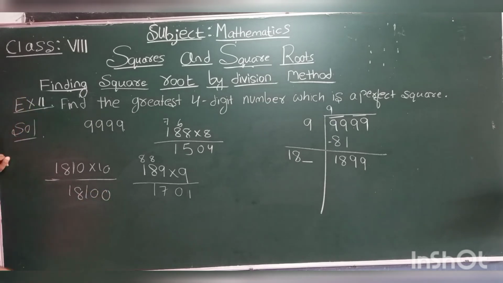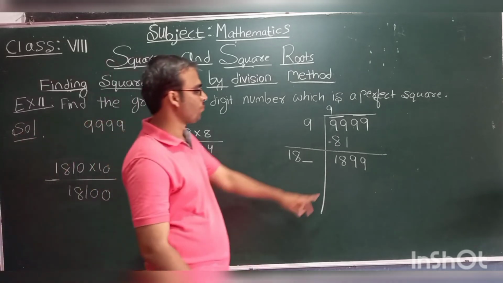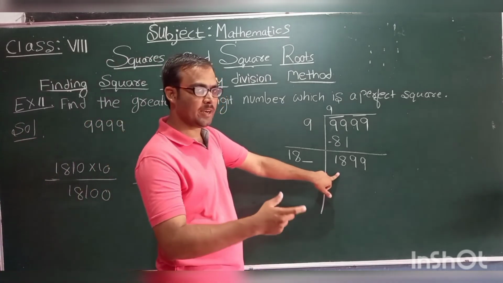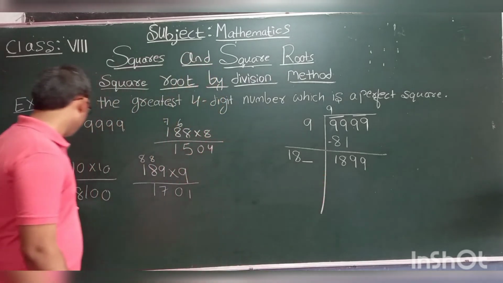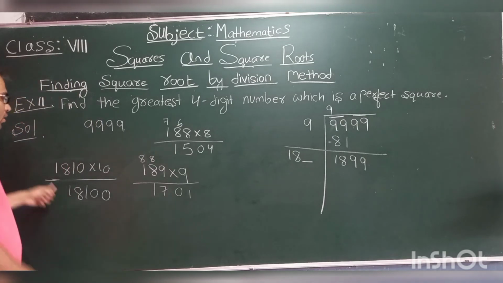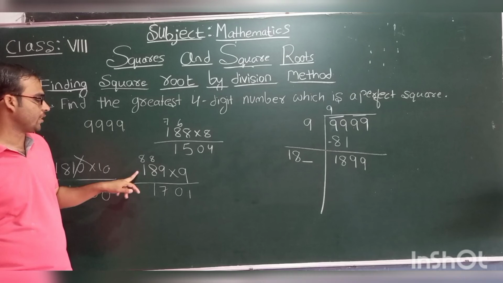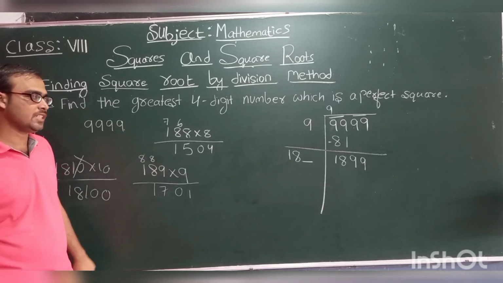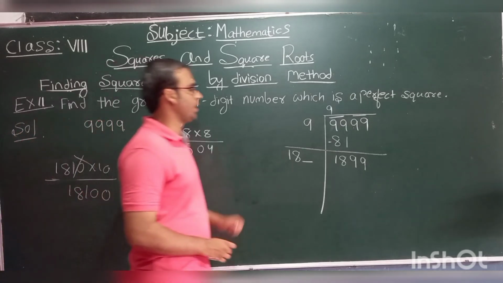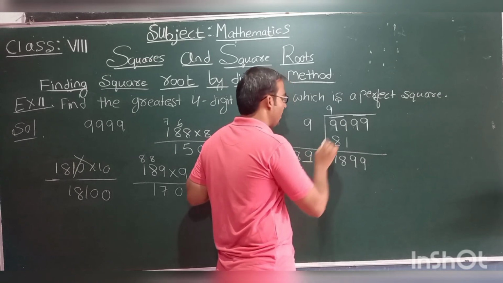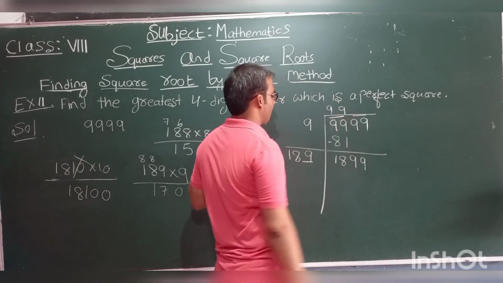18100. So what we are getting? 18,100. But here what is there? 1899 is there. Here 18,100 is there. Okay, so we cannot take this number. So we can consider this number, that is we can fill the blank with the digit 9. Okay, next fill here 9 and 9.